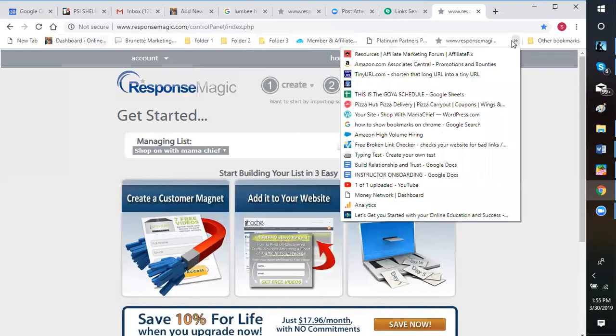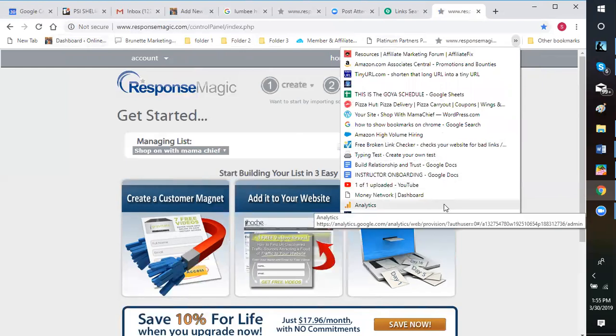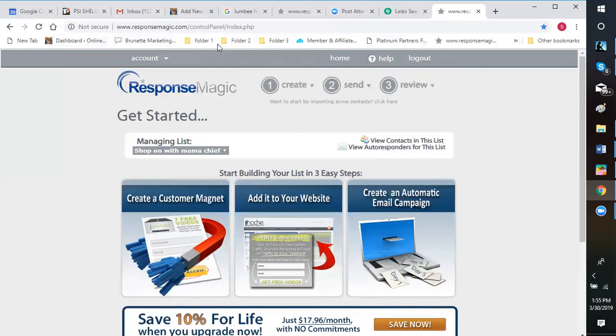And then over here, you hit these two little arrow buttons. And over here, you see other things that I have bookmarked, my instructors, my building relationship, my broken link checker. So these are things that I want immediate access to. I don't want to have to go search for them. So that's the way you can organize your bookmark bar and have all of your stuff immediately right at your fingertips